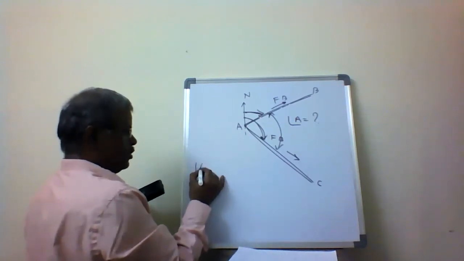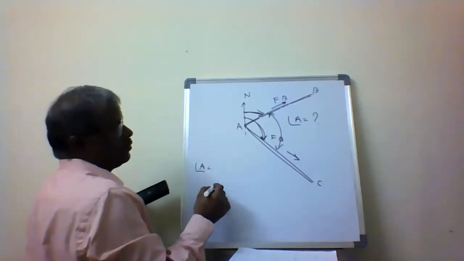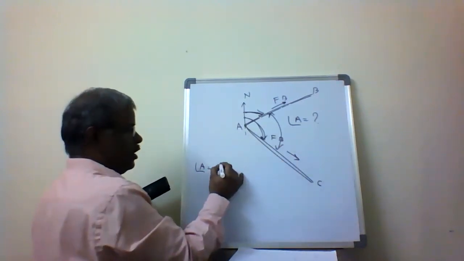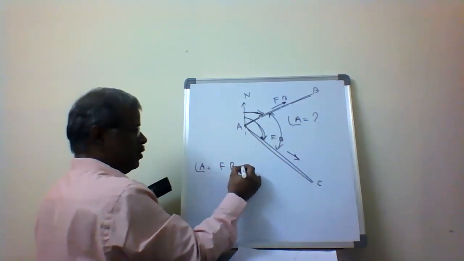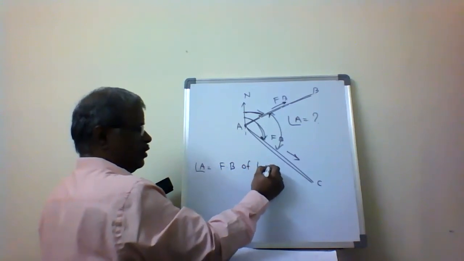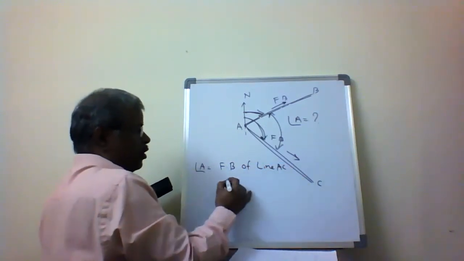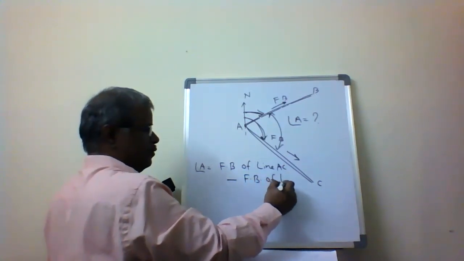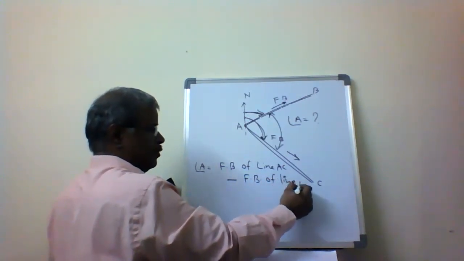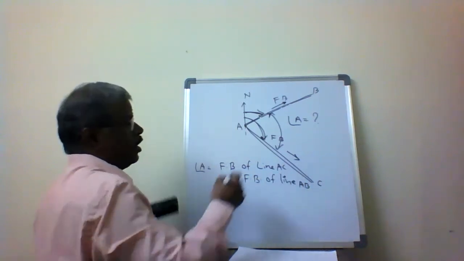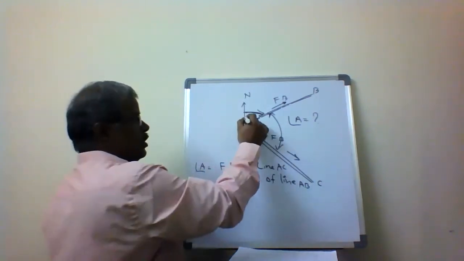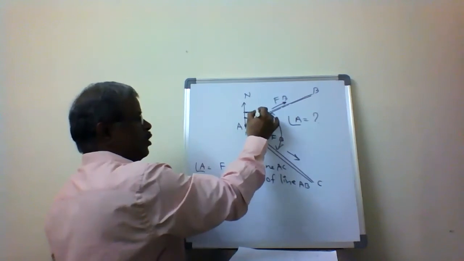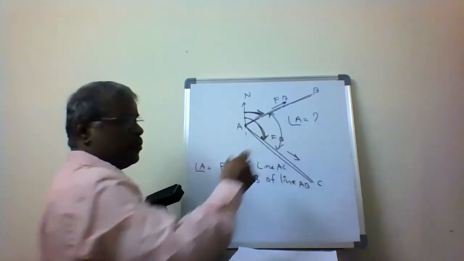Angle A equals the forward bearing of line AC minus the forward bearing of line AB. This is the whole angle, and from it I subtract this one, so I can get the angle